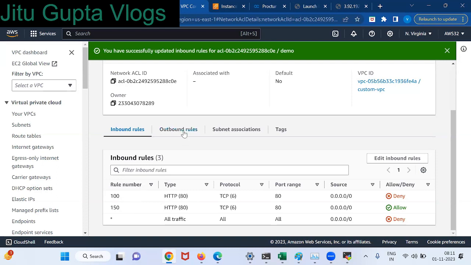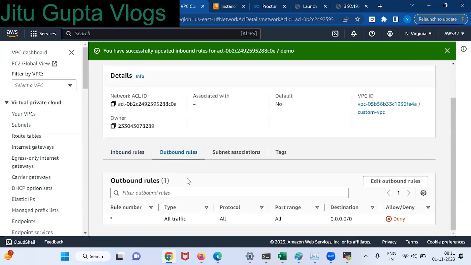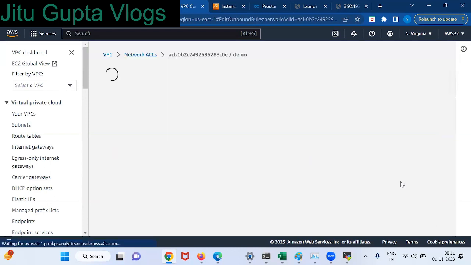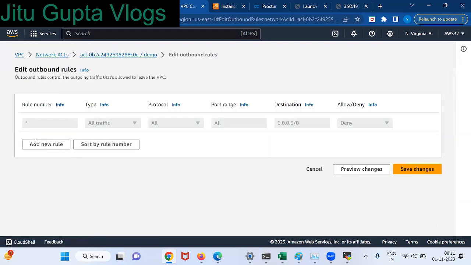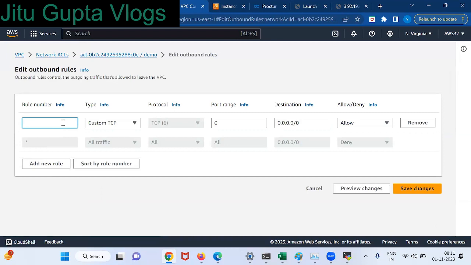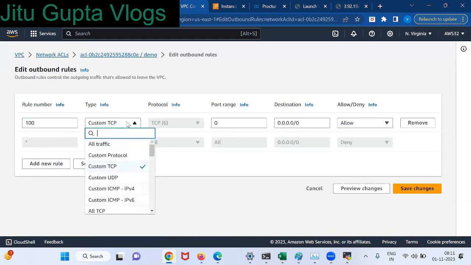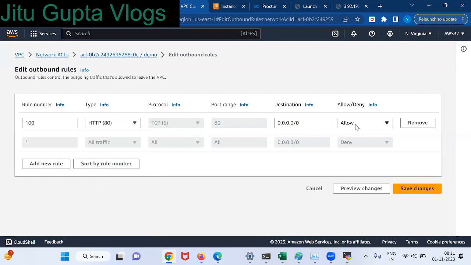Now, just understand. We can give clarity. In the outbound rule, we have enabled, for example, 100 as the number, HTTP, right? So we should allow or deny in the outbound rule also. So we should allow.